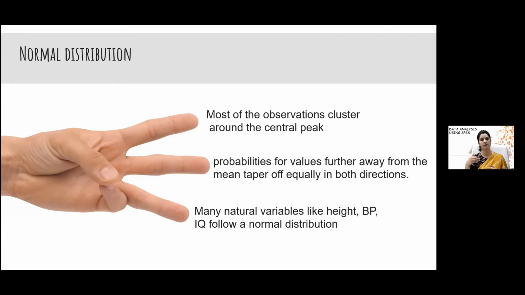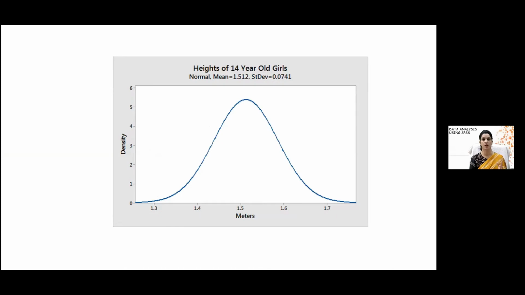If you take any natural variable, like IQ or weight of a person, and plot it, then it follows a bell-shaped curve. We discussed that most of the values tend to be around the center, and then they taper in both directions equally, resulting in a bell-shaped curve. This bell-shaped curve we call a normally distributed curve, meaning that the data follows a normal distribution.